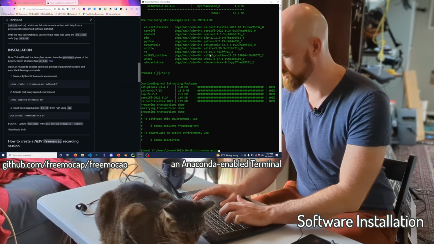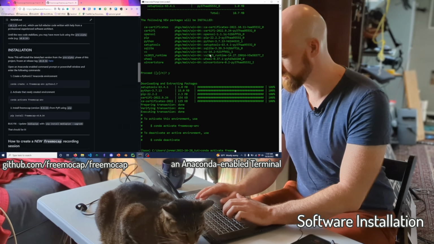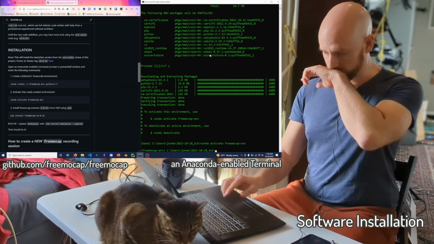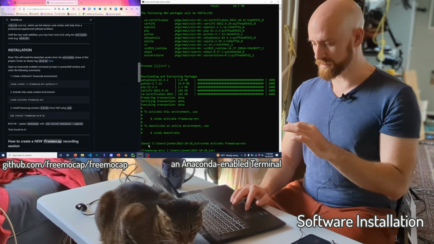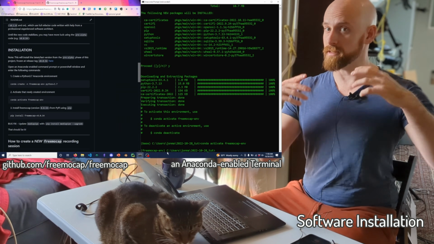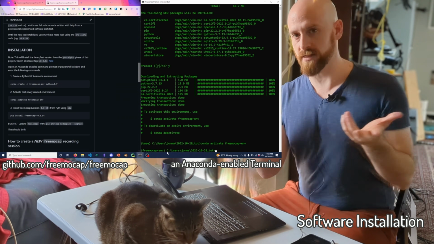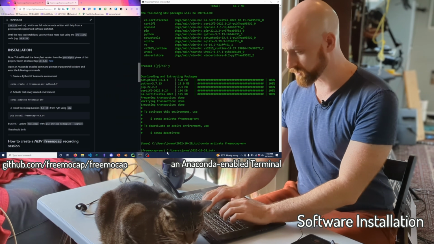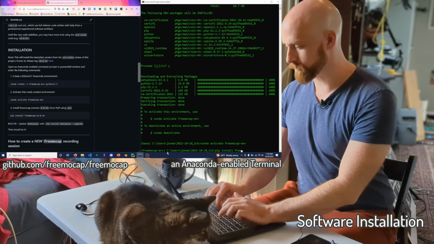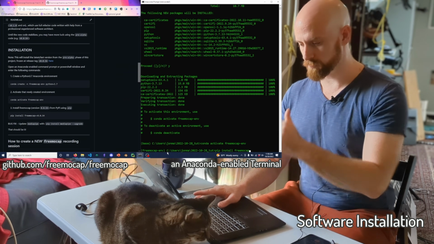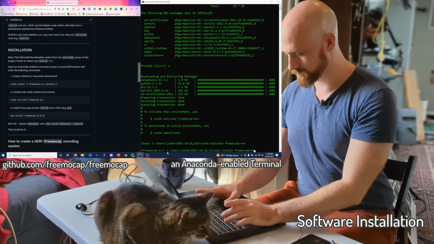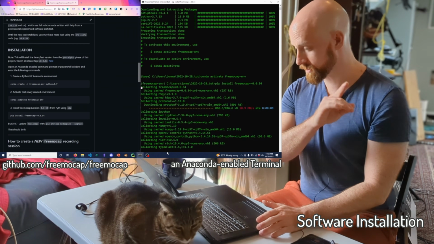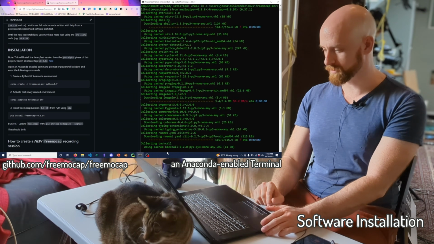conda activate freemocap-env, the thing I just made. See how the thing on the left just changed to say freemocap-env? That means we are currently activated in that Python environment. Details forthcoming. Okay, and now I'm going to install freemocap: pip install freemocap, and I'm going to specifically pin it to the pre-alpha version, ==0.0.54. Punch it. Oh, and then I'm going to have to upgrade MediaPipe as well.